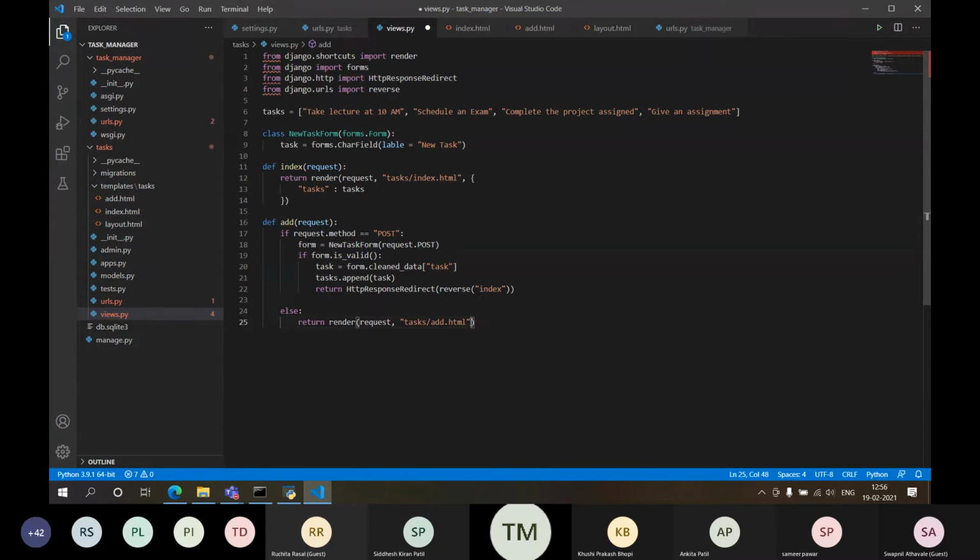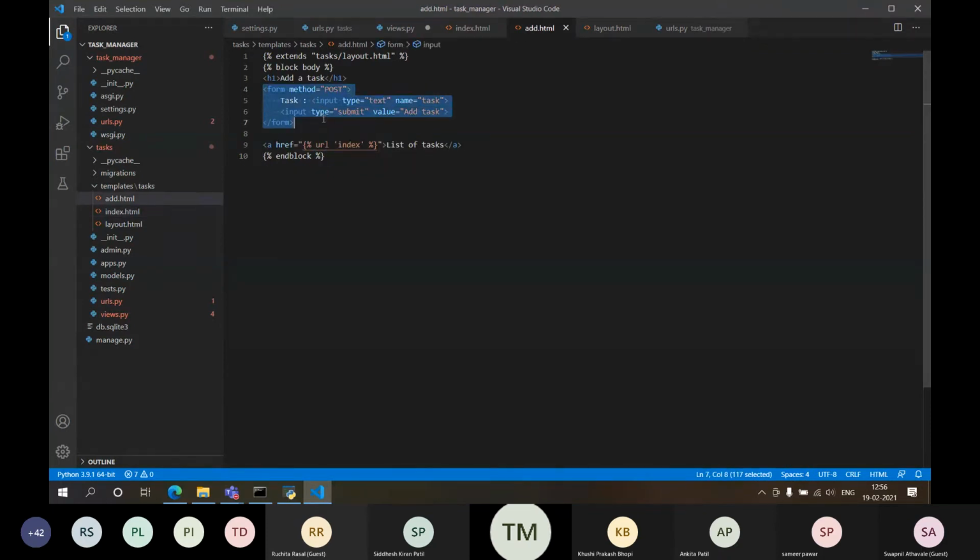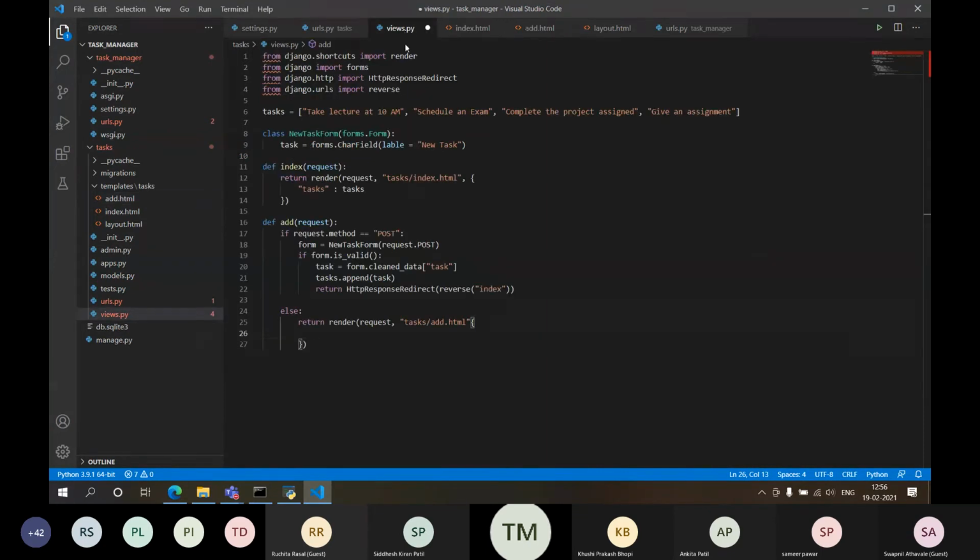But I need to pass a form, because I'm not going to use the old form anymore. I'm going to use the form created by Django. So I'm going to pass a context over here, and that context will be named form, and the object of this new form I'm going to put.